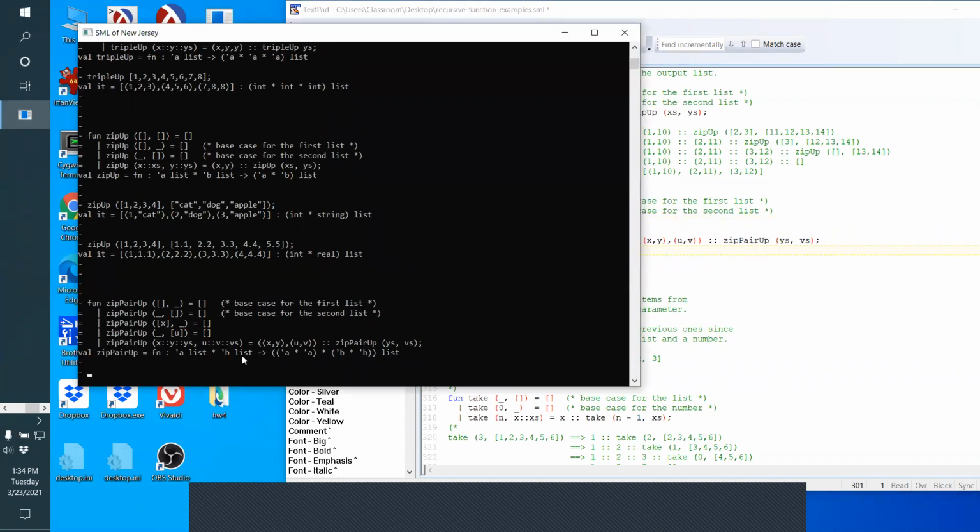Okay, notice that the output takes in a list of A's and a list of B's and gives me a list of tuples where the tuples are a pair of A's and a pair of B's. Okay, so what does this look like? Zip pair up of a list. Let's see, 1, 2, 3, 4, 5, 6, 7 with a list of say 1.1,